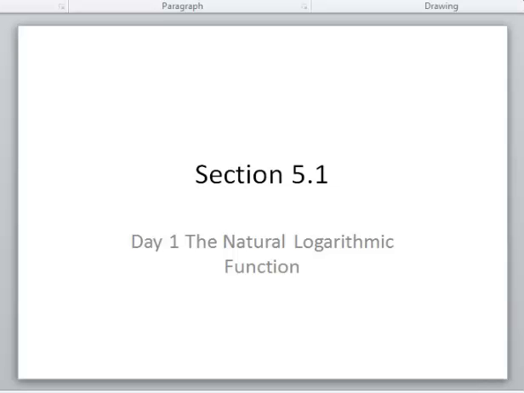Today we're going to begin Chapter 5, and Chapter 5 deals with logs and LNs and natural logs and all the different exponential functions, and we'll be running through derivatives and properties of logs and integrals of logs and all of those things in this chapter. So to start out with today, we're going to define the natural log,